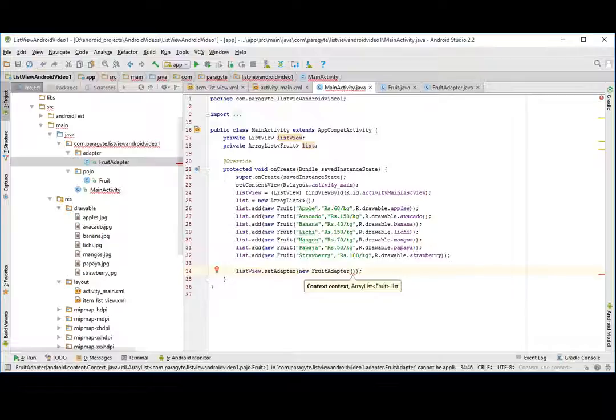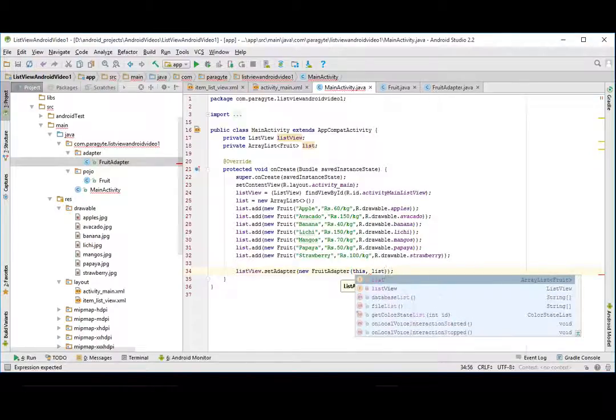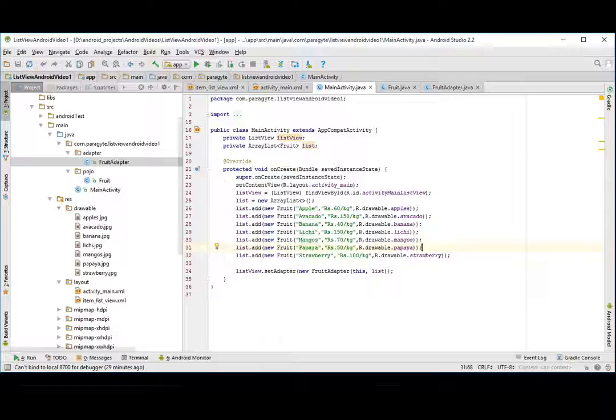The parameters for FruitAdapter are context, which is this, that is the context of the main activity, and the list which we have already created, so the list. So we have assigned the adapter, and the next thing we are going to do is